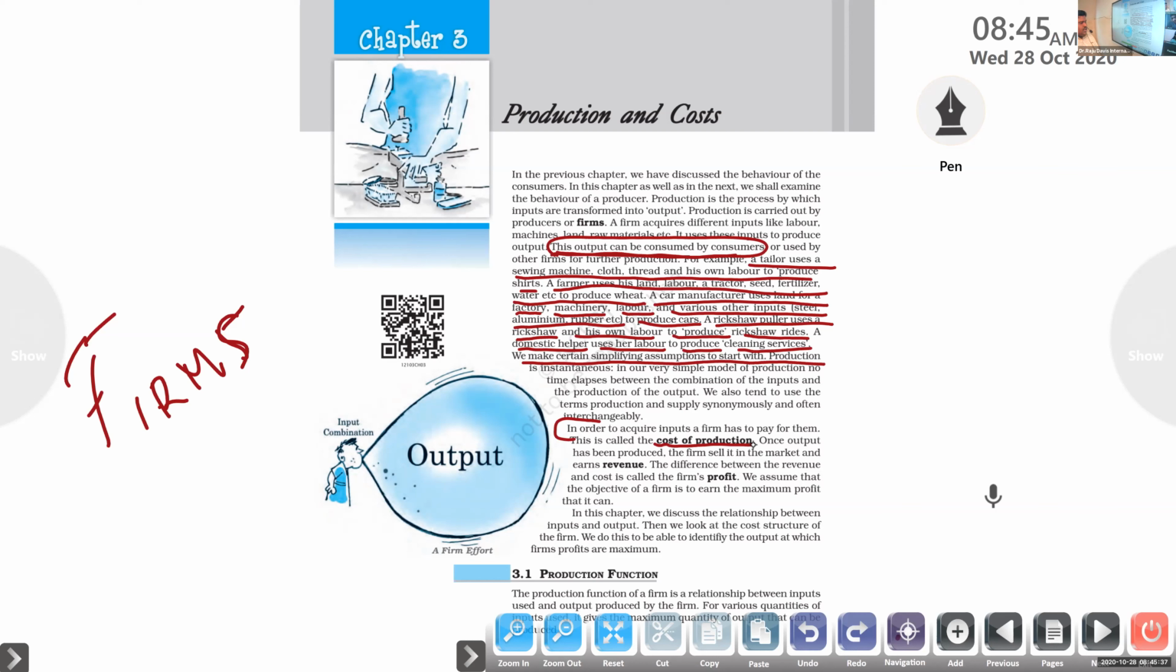the producers or firms, if they want to produce something new to sell in the market, definitely they have to spend money. That amount is considered the cost of production. Once output has been produced, the firm sells it in the market and earns revenue. Another word for us, what is it? One word we got here: firms. Next one is cost of production. You know that now. And the next word is